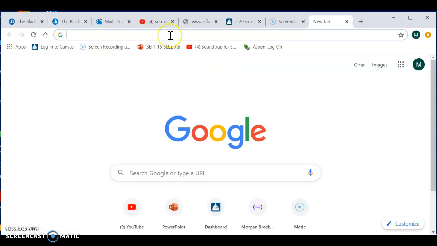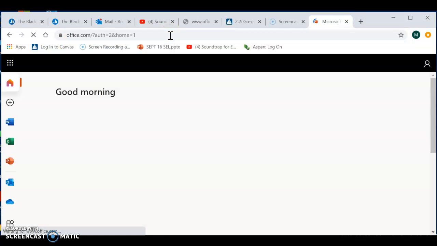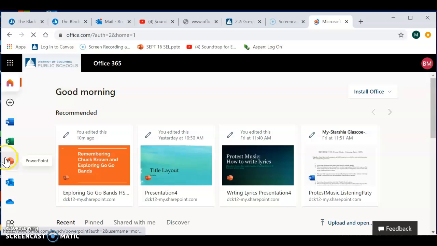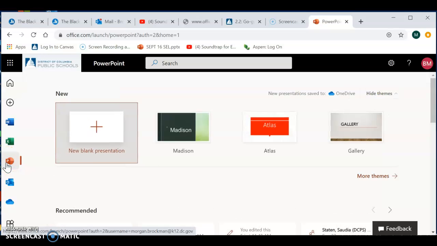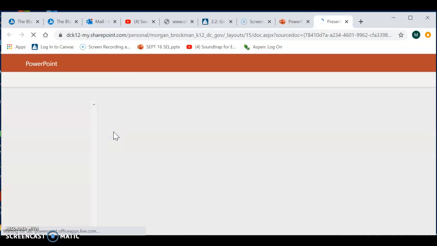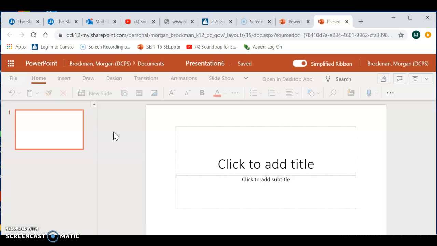I'm going to do it in a separate window because I have a different account. We're then going to click on PowerPoint. Okay, you can choose a blank presentation, or if you want to be creative and use your own, you can. I'm just going to do blank for this purpose. This is a title page, so I'm going to go to Insert,